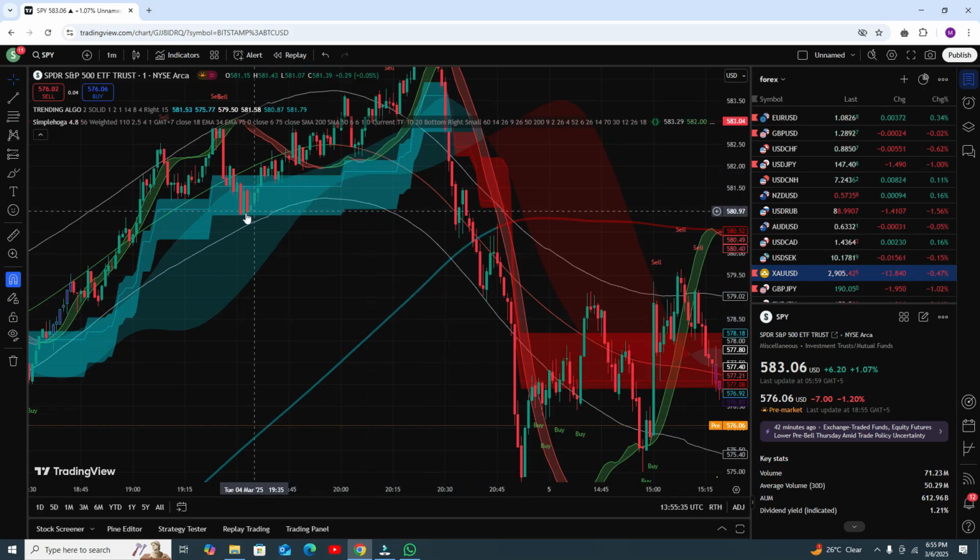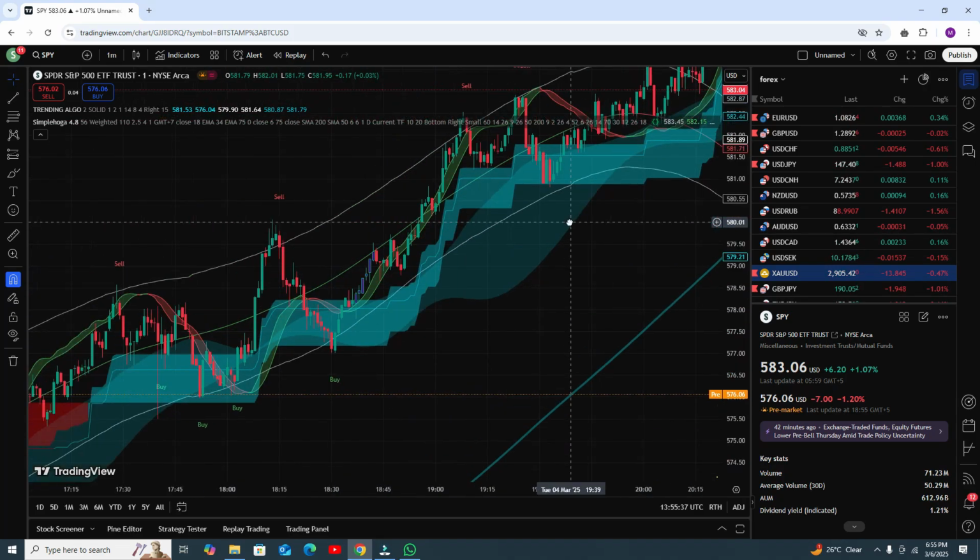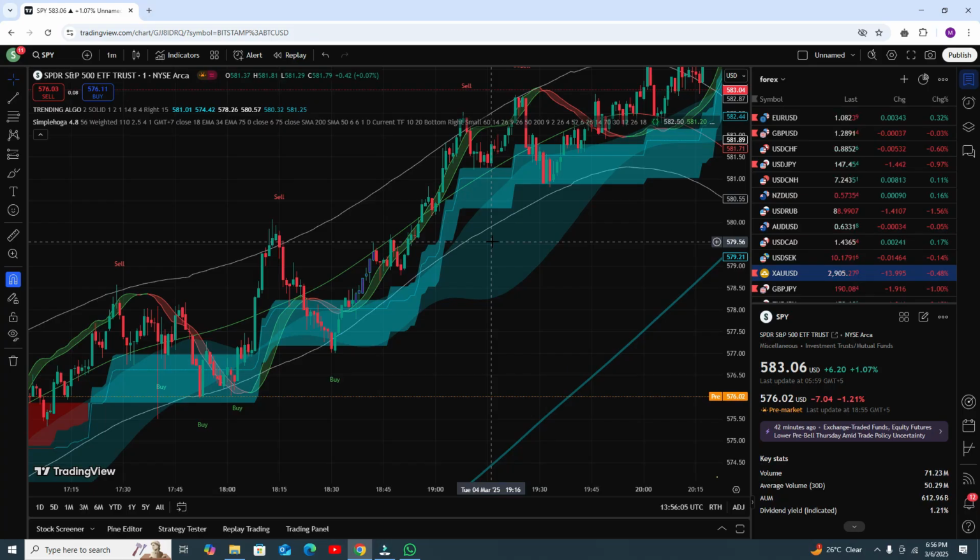Now there are two types of trending clouds here, the first trending cloud and the second one. When both are blue, that is a very strong buy area. The third thing here is a band. The fourth thing is the RSI, and the fifth thing is a lot of buy and sell signals. So we need to identify how to find the strong buy area.